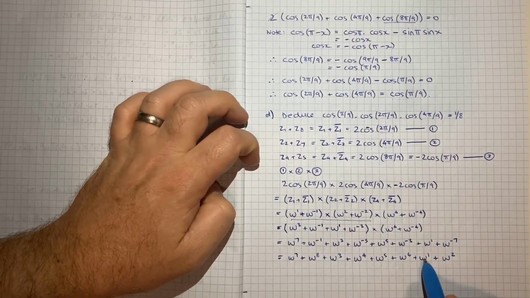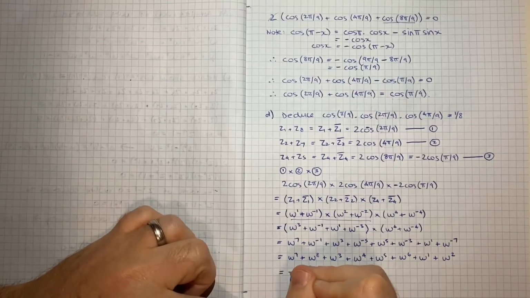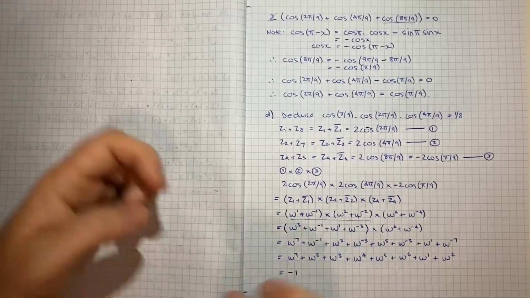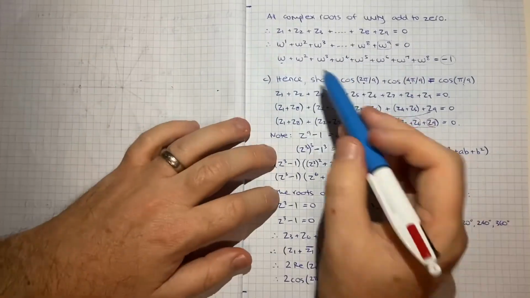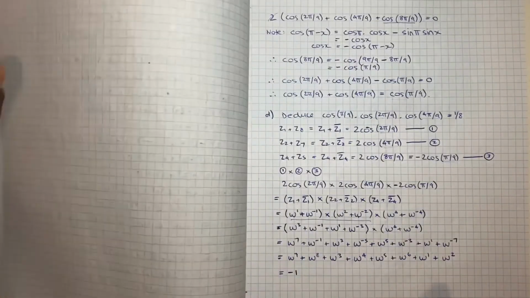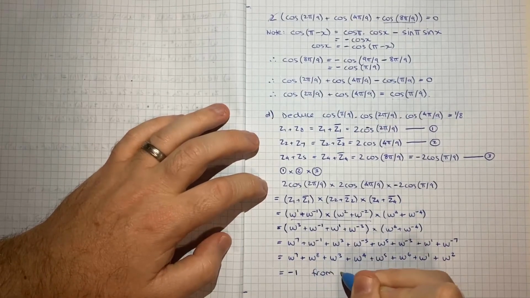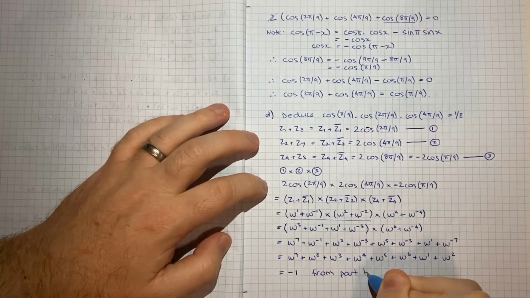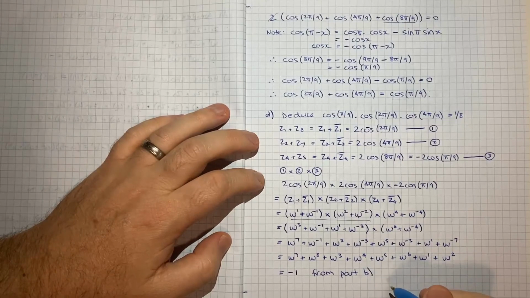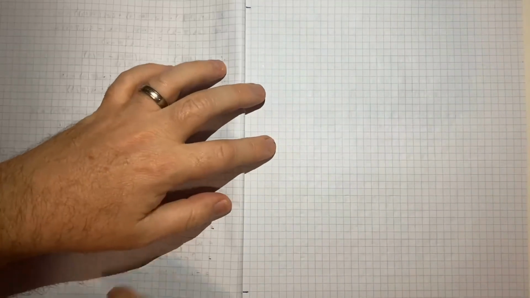Notice here we've got 1, 2, 3, 4, 5, 6, 7, 8. So all of that is equal to negative 1. And that's making use of this result here. Alright, and I'll just write from part B to make that clear. Okay, I might just have to turn over, but really where we're at is where